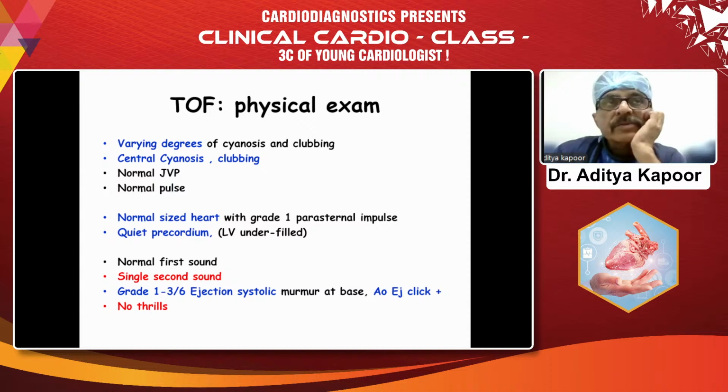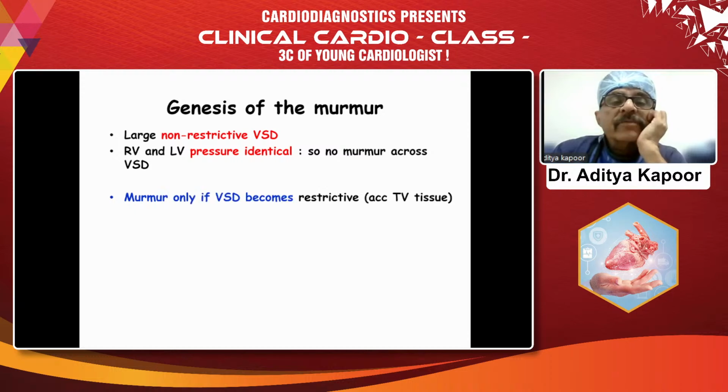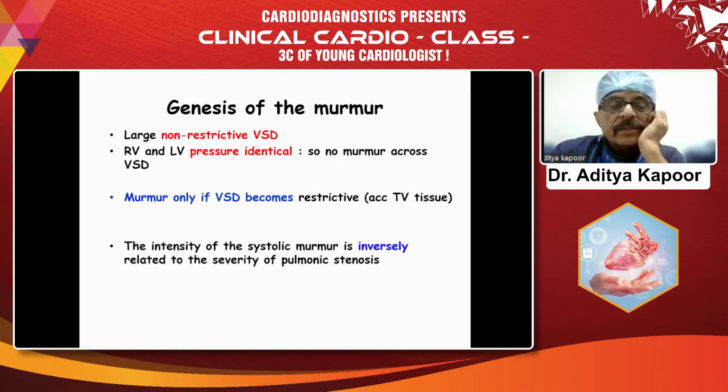Deeper the cyanosis, lesser will be the murmur, and you might get an aortic ejection click due to the dilated aorta, and no thrills. Genesis of the murmur also was discussed during the case presentation. Dr. Kamal was telling, although the VSD is large and non-restrictive, the RV and LV pressures are identical, so the murmur is generated from the RV outflow tract obstruction, and it is inversely proportional to the severity of